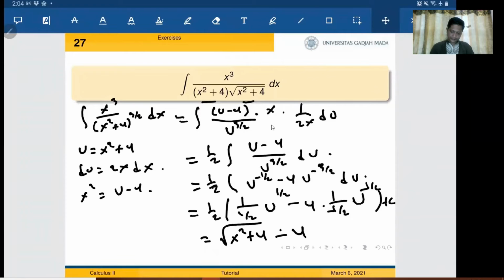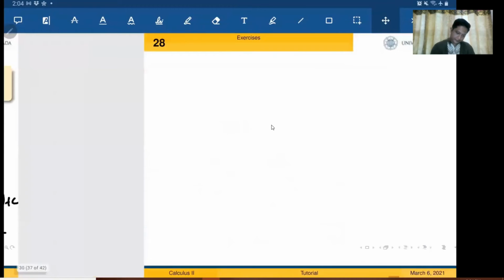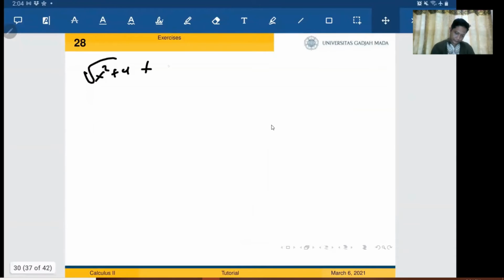But minus plus. Okay. And u is square root of x squared plus 4. So I have square root of x squared plus 4 plus c. Done. But this one is not really nice because we can still rewrite it, because I have this, right? X squared plus 4 plus 4, 1 over square root of x squared plus 4. I can change it if you want. If you don't want, it's okay.